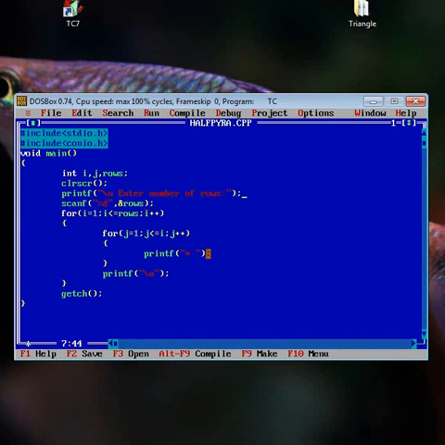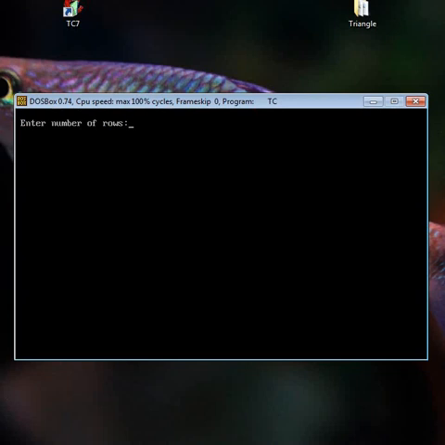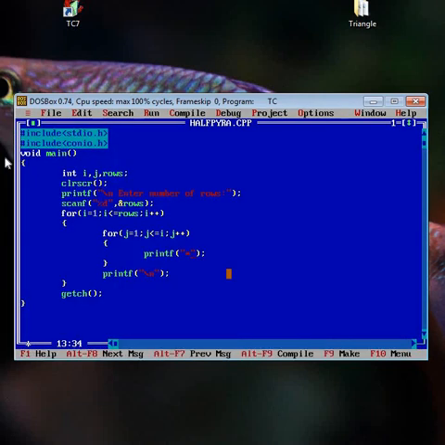Now let's discuss the space. Suppose I have eliminated the space by using backspace. Now try. Suppose the input row is 10. You can see that the stars are stacked with each other. There is no space. So the previous structure looks better if you use space here.